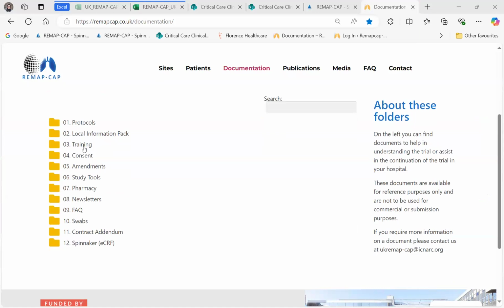We've got the paper training logs here. So what I just showed you was for the electronic training logs, but if you just want the bog standard traditional training logs, that will be under here. My page does not look like your page at all. Have you clicked the documentation section at the top? I don't have a documentation section,